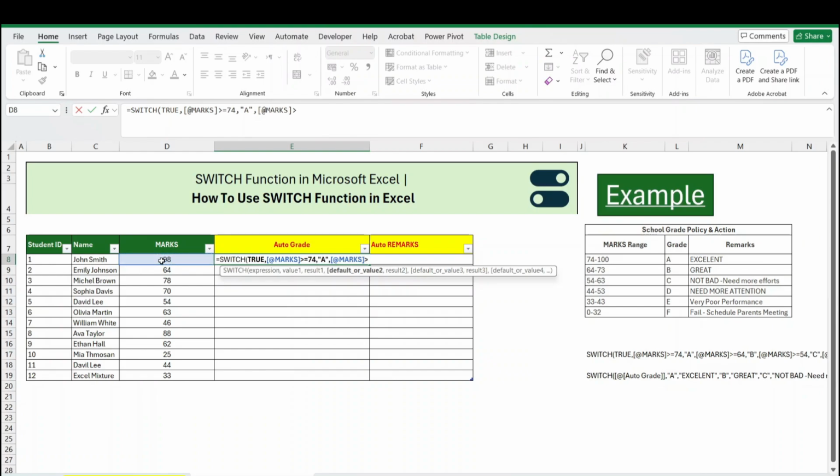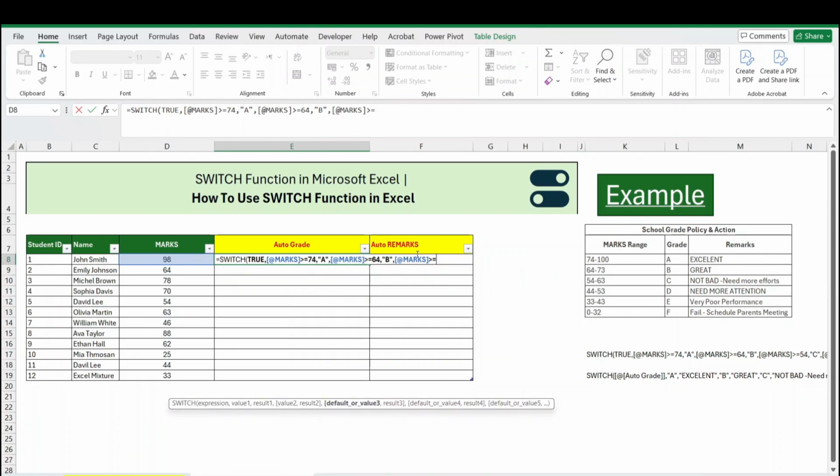more than or equal to 64, then the grade must be B, then comma, third condition, again we will click on the marks column, our marks more than or equal to 54, then grade C,